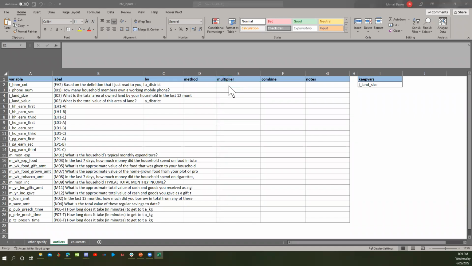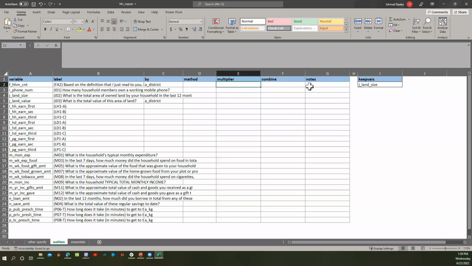So if you prefer something else, you can specify that. Sometimes you may want to specify different multipliers for different variables. So if you think, I really don't expect these to be similar enough, so I want a wide range for checking my outliers, you can specify it for that variable.